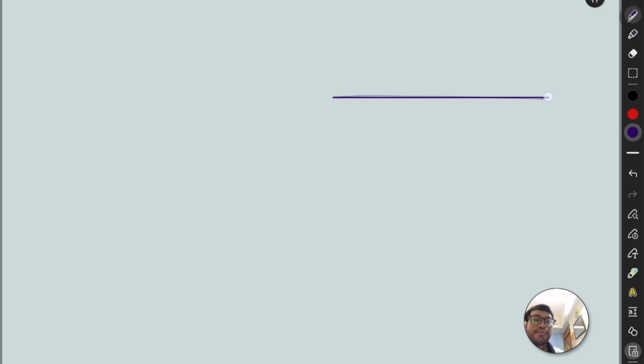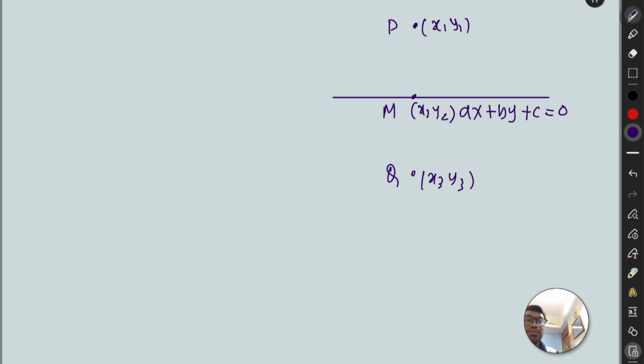The line ax plus by plus c equal to 0. The point given is x1, y1. We need to find x2, y2 and x3, y3. x3, y3 is the image of Q. So from this line, we can say the formula is